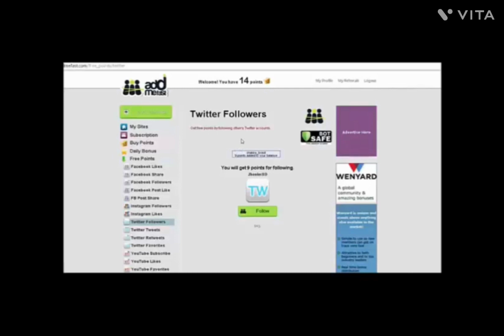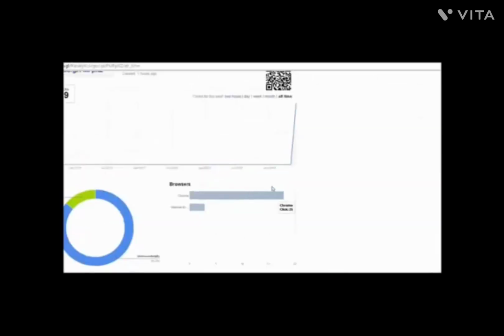So yeah, that's basically how you get your points, and that is the end of the targeted method. And we will check back on that URL in a few minutes to see how many clicks we've gotten. Okay guys, so approximately 20-25 minutes have passed. I haven't touched it at all, and as you can see, we have 29 clicks on that link, which isn't bad at all, especially for 3:30 in the morning when a lot of people aren't on.